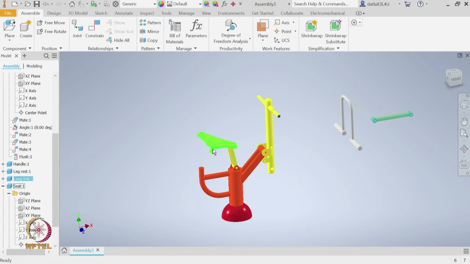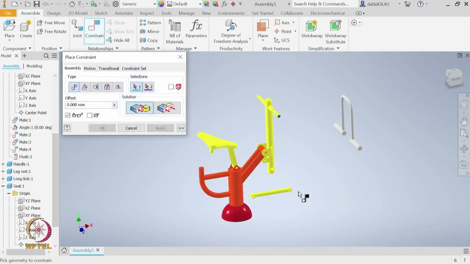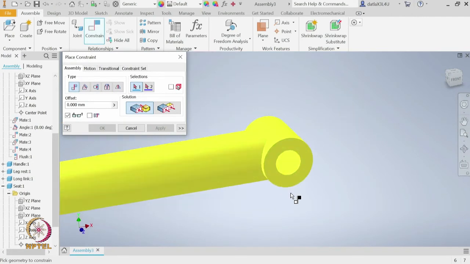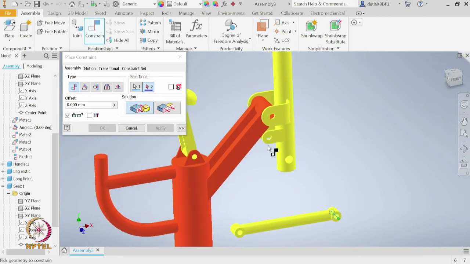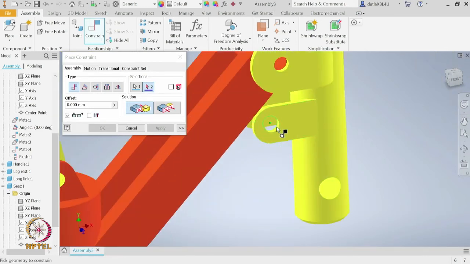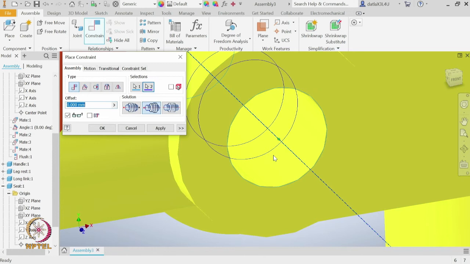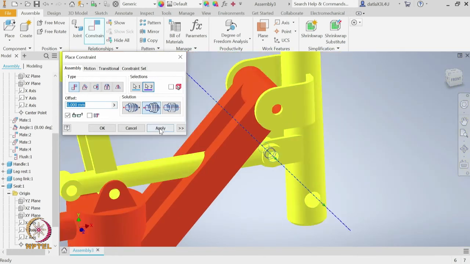Before we go ahead and constrain the seat, we need to apply this longer link. So, let us first see how we constrain this longer link. So, let us bring it close. We see both ends of the longer link there are holes. So, we can mate with the corresponding axis. So, we will first start with the right end of it. Let us zoom in. So, this should match with this pair of holes. Okay. Let us apply that.